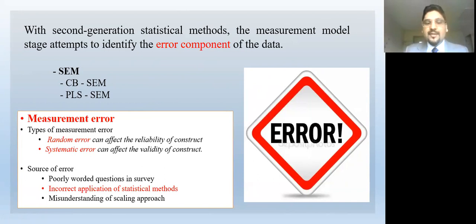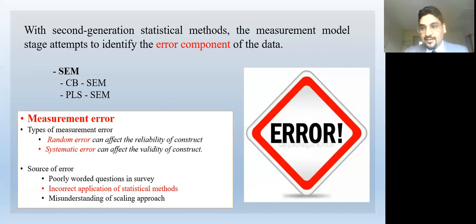We also have systematic error. Systematic error refers to the validity of the constructs. The result of the validity test tells us to what extent we have systematic errors. This error is caused by several problems. It can be using ambiguous questions. The respondent didn't understand the question very well. Or maybe you misunderstood the scales that you used. Or maybe you are using inappropriate